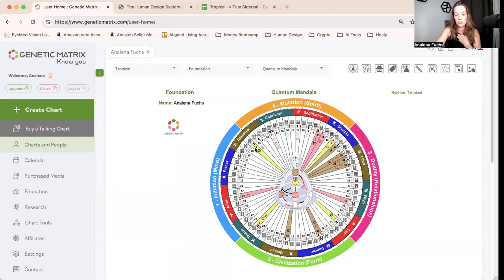So over the course of the year, the sun will move. It takes about 5 to 6 days for each gate, will move around the whole circle and then do it again, right? And the earth, for example, is always at the exact opposite of this mandala. So when the sun is in gate 13, the earth is going to be in gate 7, right?